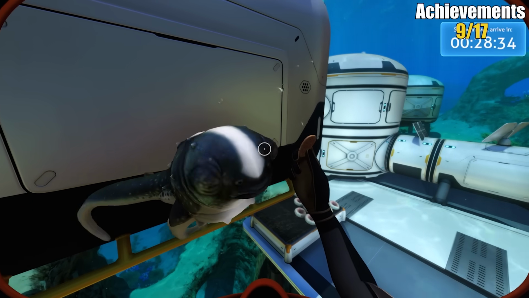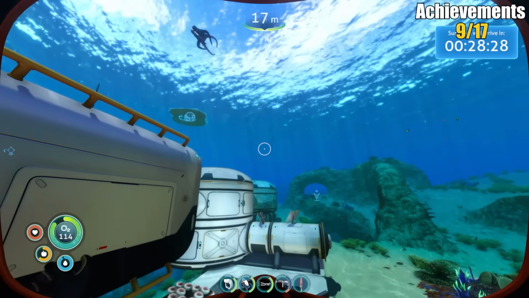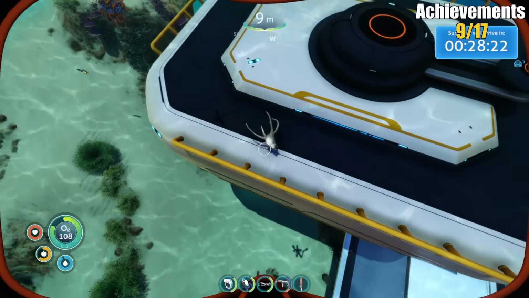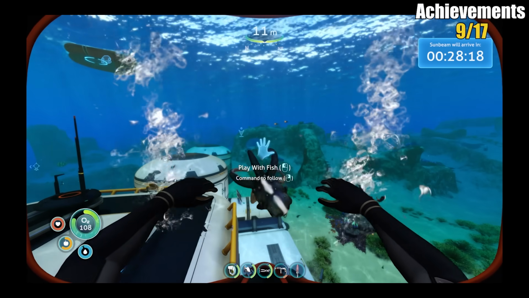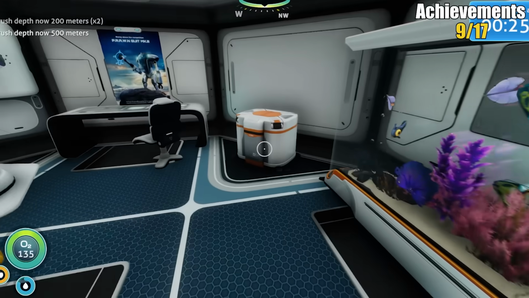What? This is actually crazy. I never even knew they added this. I literally have a friend. I thought it was just a regular ass fish that looked friendly. But no, he could follow you and you could play with him. This mother just high-fived. And with my little companion keeping watch over my base, I got everything I needed to